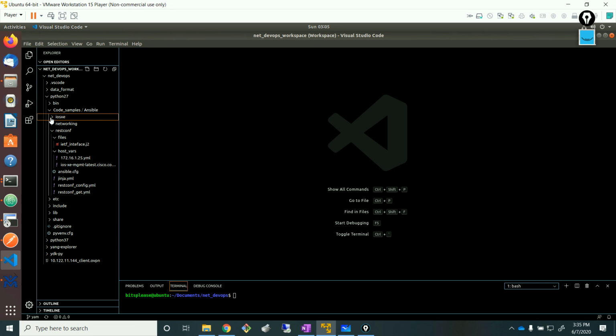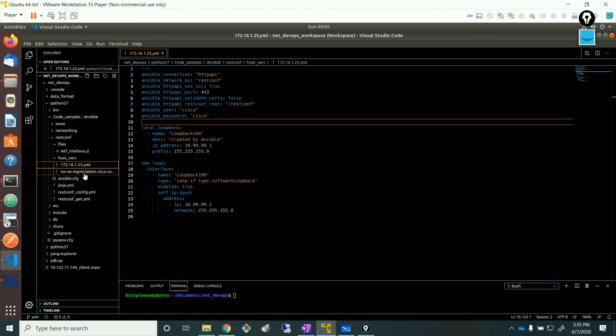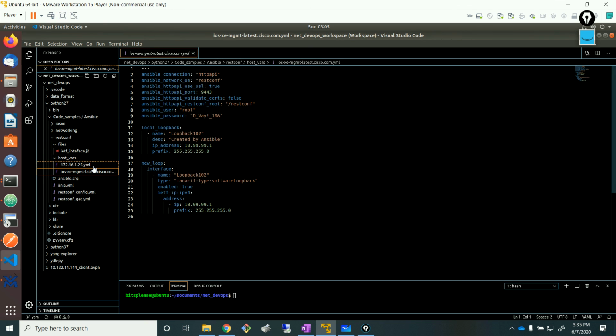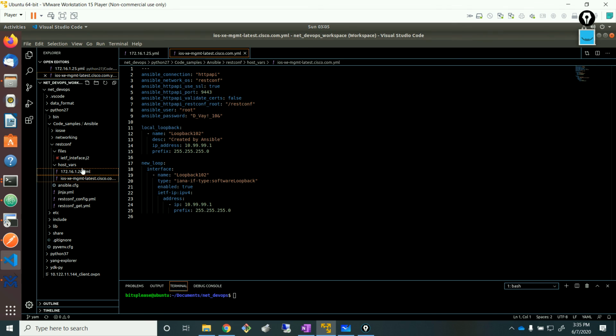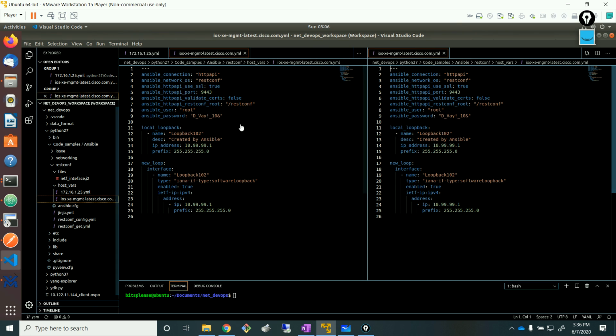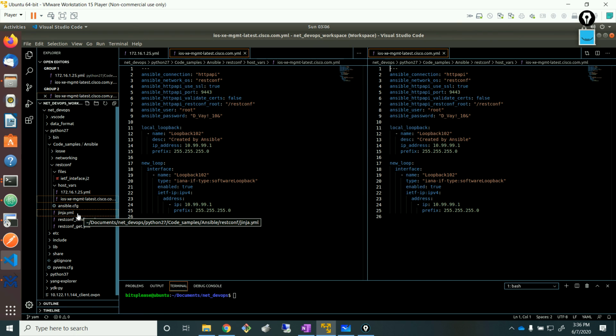And let's close IOSXE. Let's open up this RESTConf, right? So in RESTConf, I see there are 2 variables, the host variable files. We have the host vars folder, and these are the 2 guys inside it. Let me also open up the corresponding playbooks which we are going to have in this